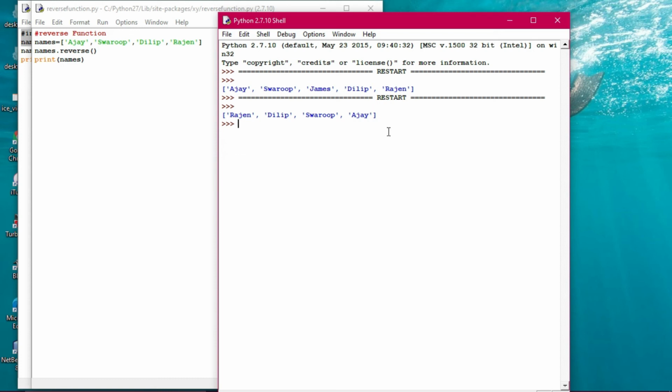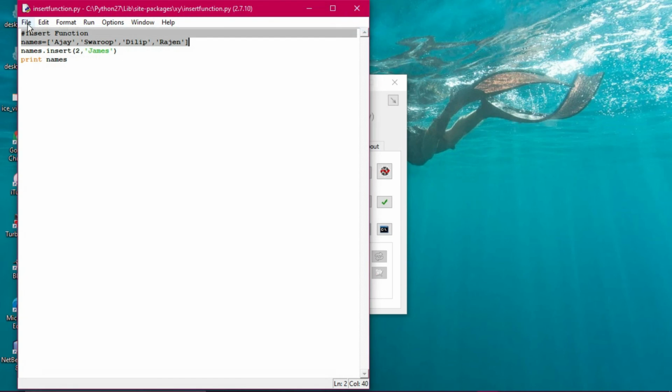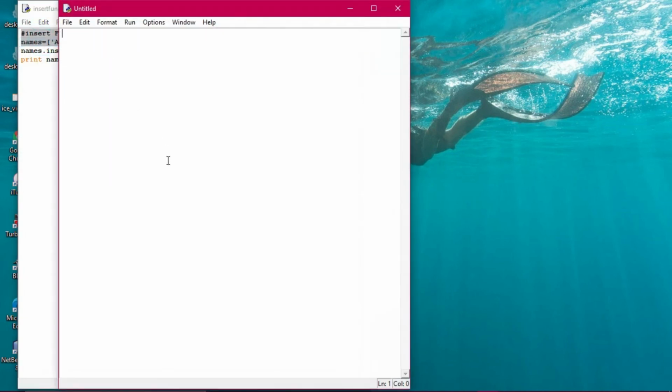So in this way, the change has taken place. All right, so that is the thing. Now one more thing that is very important to do, that is the index function. The index function is quite easy to do, and we are taking just a list here to understand the index function.